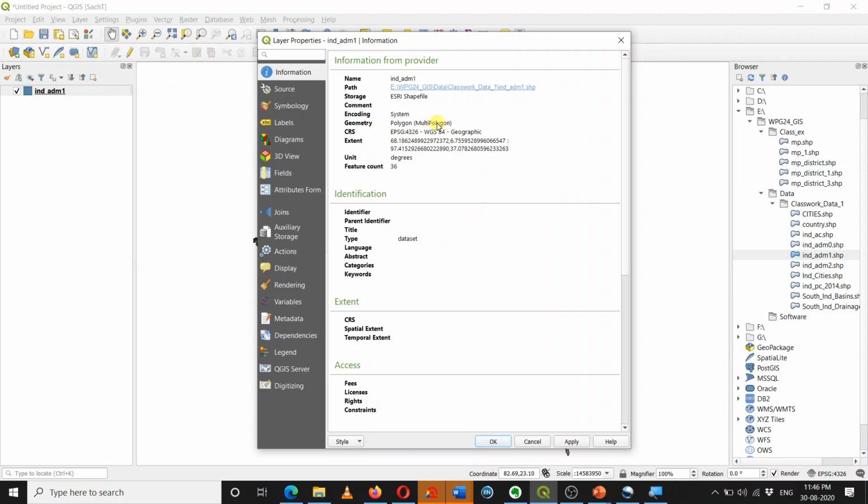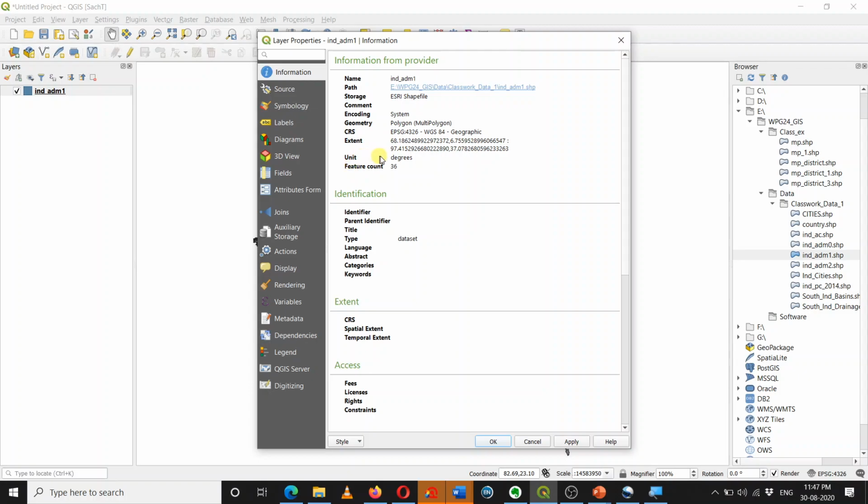So there are multiple polygons included in this file, and this information is critical for us, which represents the CRS of this file, which is EPSG4326 WGS84, and it's a geographic coordinate reference system. And this is the extent. We'll talk about what the extent is soon.